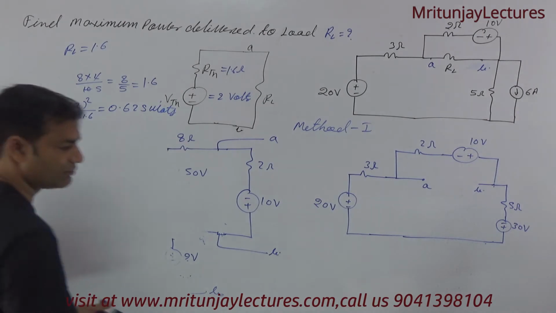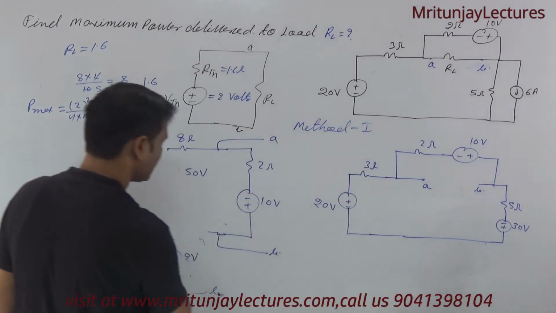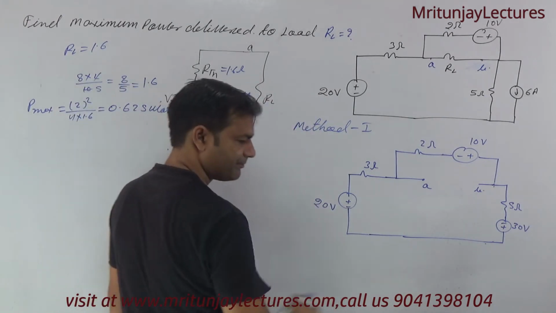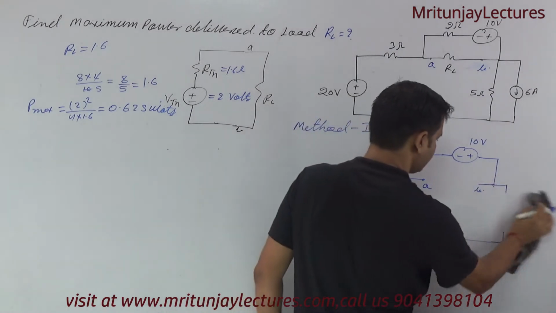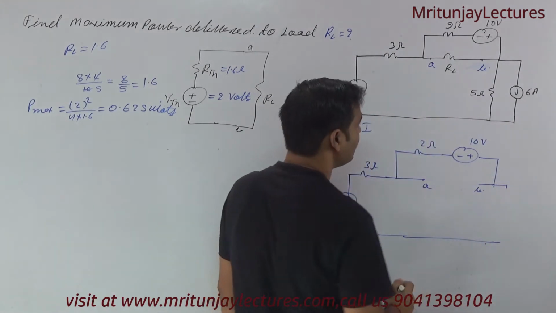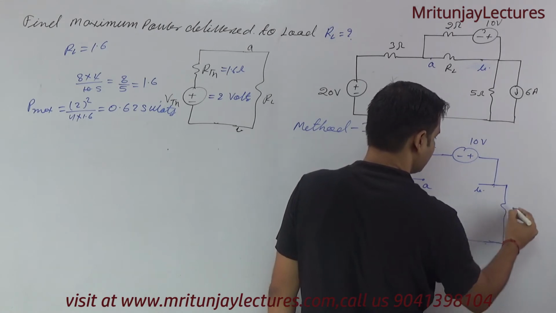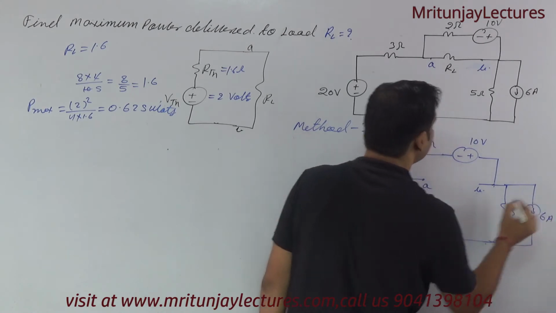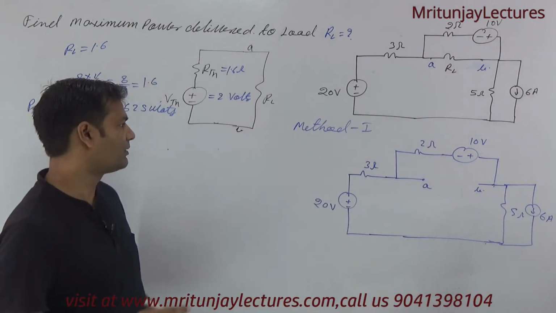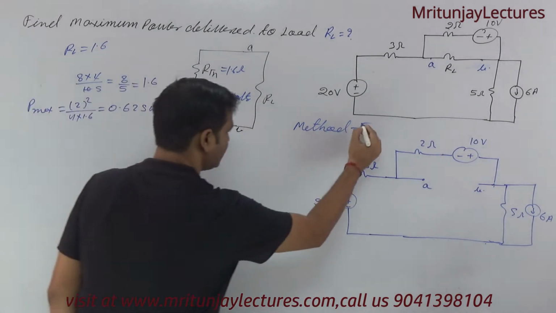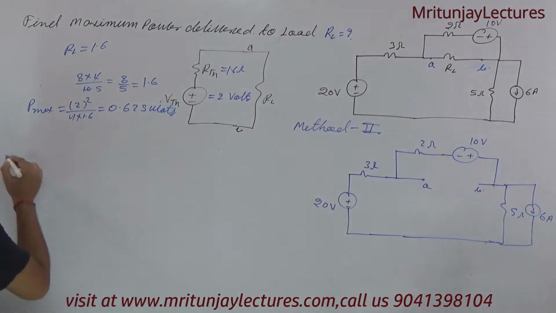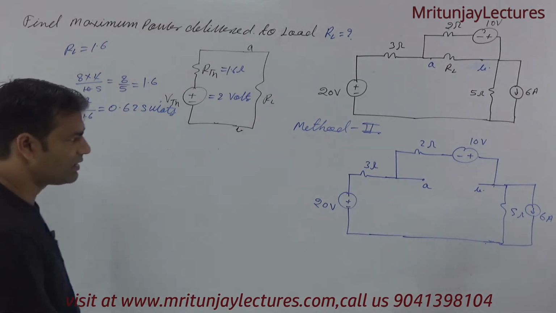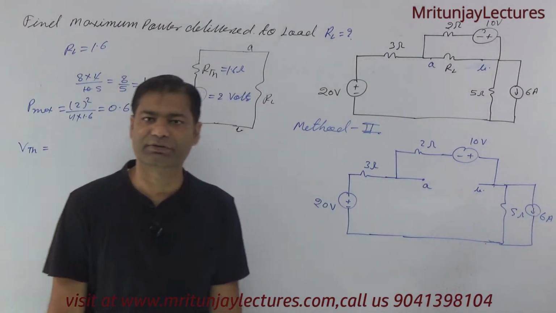Clear or not? Now I can solve another method also, conventional method. Simply, if you solve this question with the help of conventional method, that is resistance 5 ohm given and that is 6 ampere is given. Clear? Very simple. Now our motto, method second, that is conventional method. How can we solve it? First of all, determine VTH. After that, we determine RTH. Most of the students follow this method.